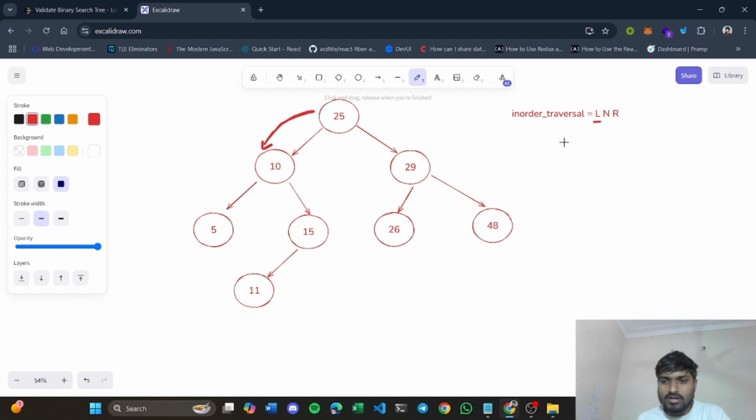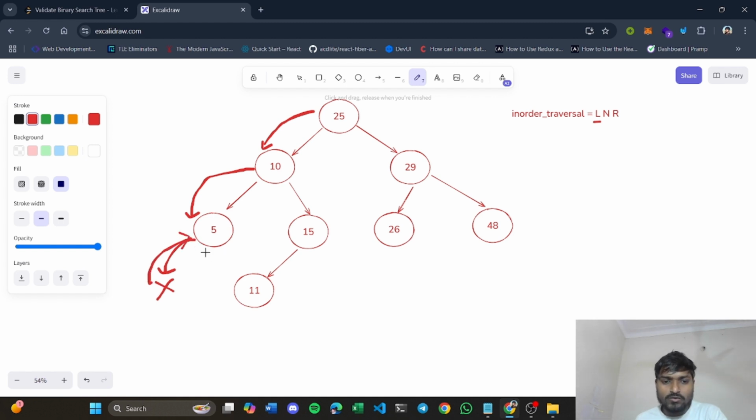For each node we will apply LNR. For node 10 we again got L first, so we go to 5. For node 5, since it is a new node, we again go to its left, and in this case we found that there is null towards its left. So we will return back to node 5.